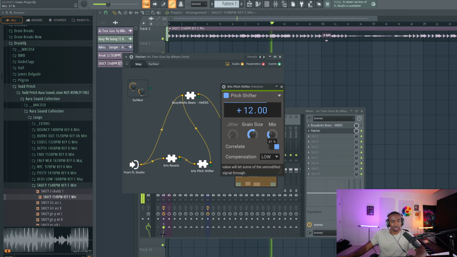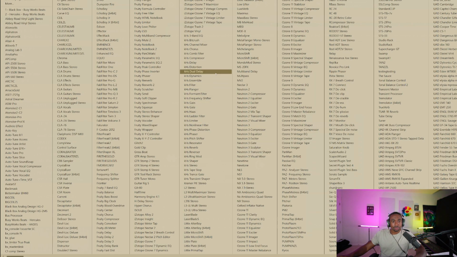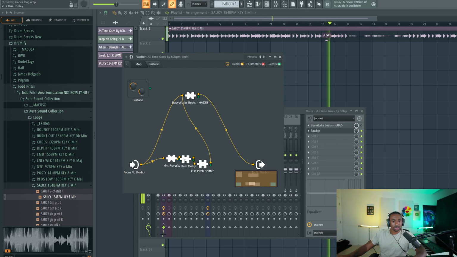We can pull the mix level back so that we have the original and the pitched up version. Let's add some delay after the reverb. Let's do the dual delay.